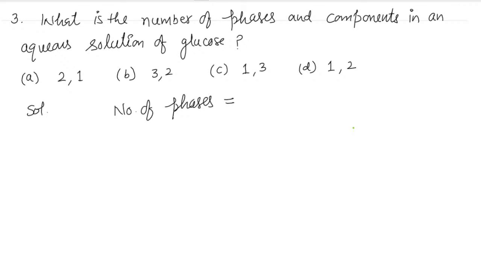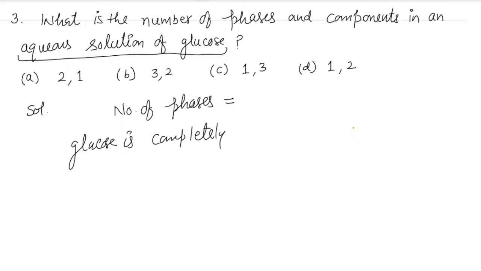As it is an aqueous solution of glucose, and you know glucose is completely miscible in water, completely soluble in water. That's why it forms one phase, right? So number of phases is 1, and number of components,